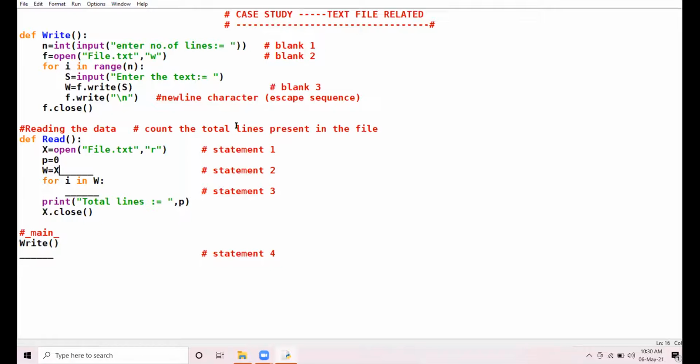RB is a mode, Ruchika. I am asking function. Which function will we use so that the lines can be read from the file? Yes, Sanvinder, you tell. Pickle.load. Pickle.load is used to read records from binary files. We are working with the text file, Sanvinder.